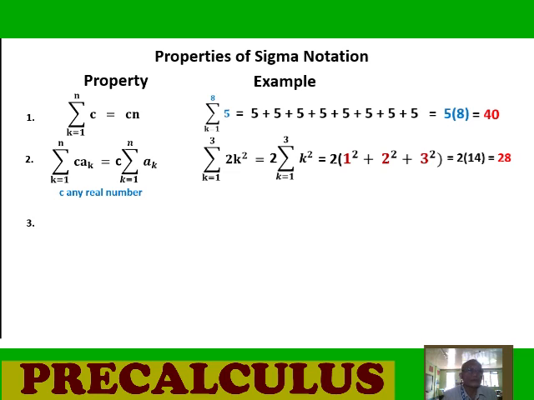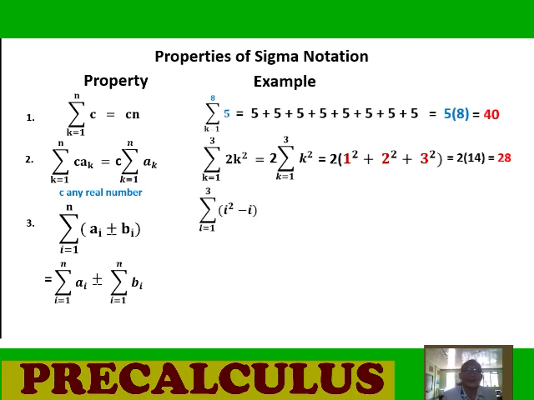Third property of sigma notation: the summation of the quantity a sub i plus or minus b sub i as i starts from 1 to n is equal to, we can distribute the summation symbol to a sub i and b sub i. For example, the summation of i squared minus i as i starts from 1 to 3, that is equal to